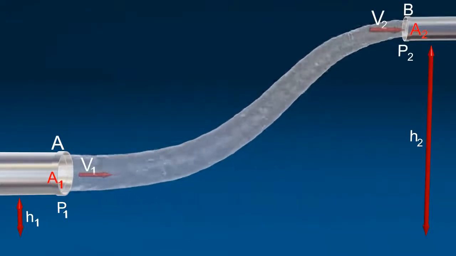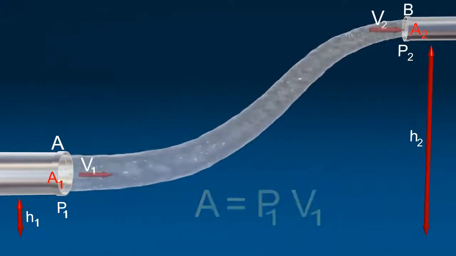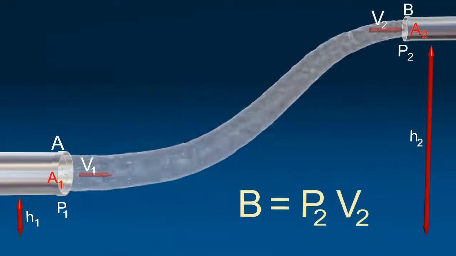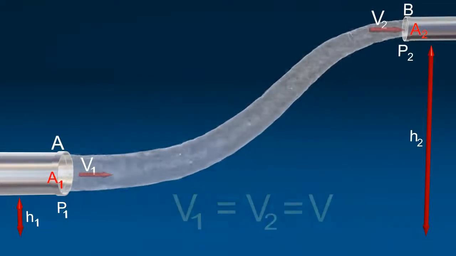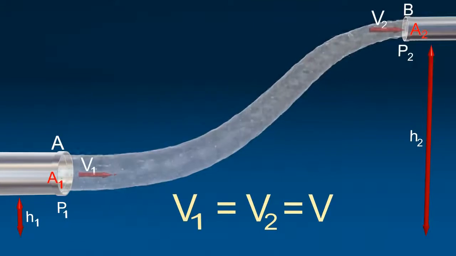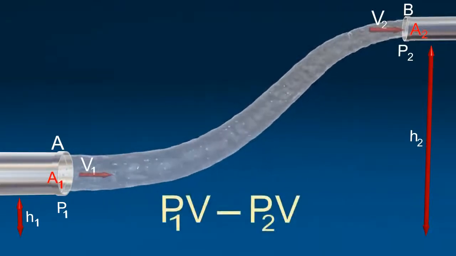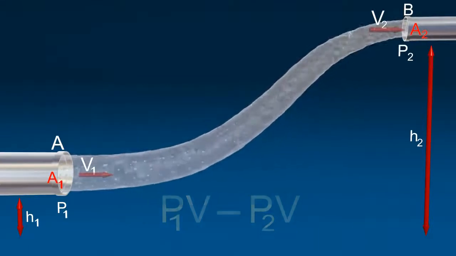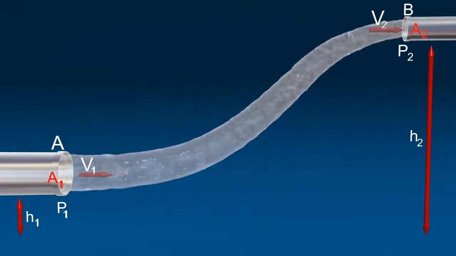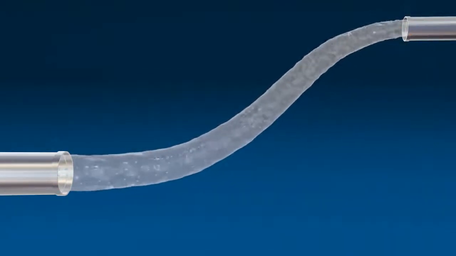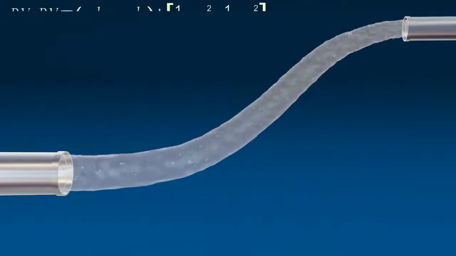Now, the work done per second on the liquid at section A and at section B, with V1 equals V2 equals V by the equation of continuity. Net work done equals P1V minus P2V. The net work done per second equals the increase in potential energy and kinetic energy per second from A to B. According to the law of conservation of energy,